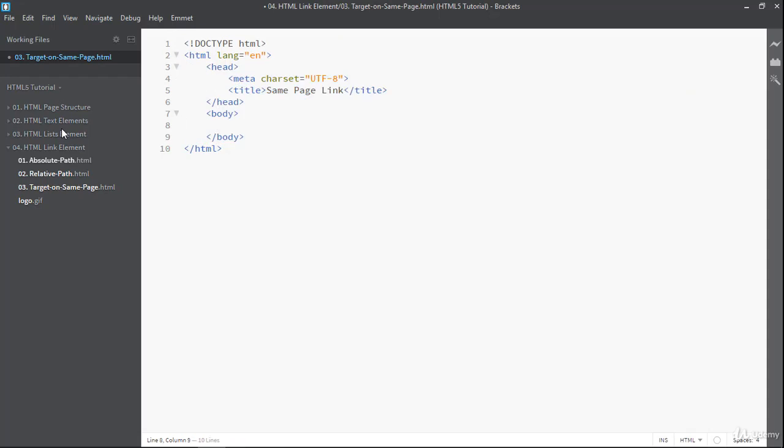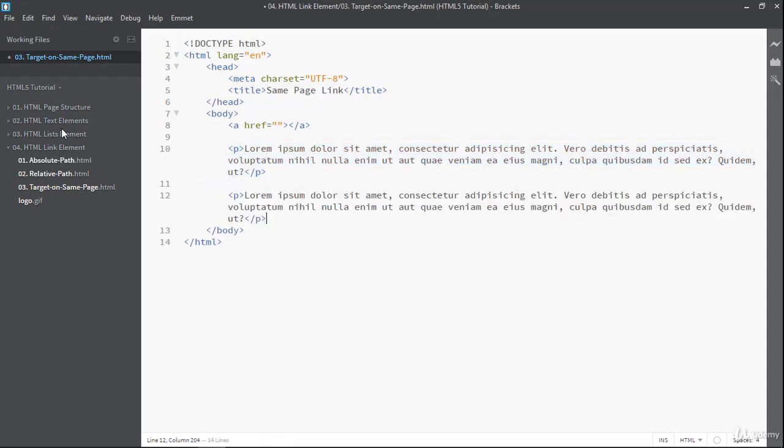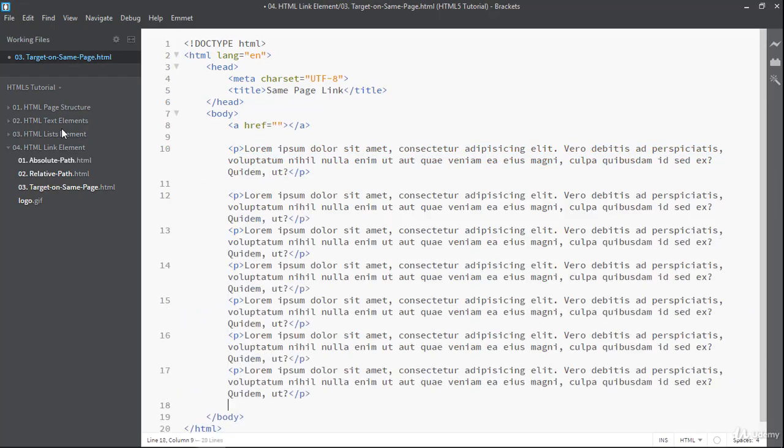and in between the body tag, first of all I'm going to create one anchor tag here, and just after this I'm creating some paragraph elements, and inside that I'm typing some dummy text. So now I'm going to copy this paragraph and paste it 10 to 12 times.